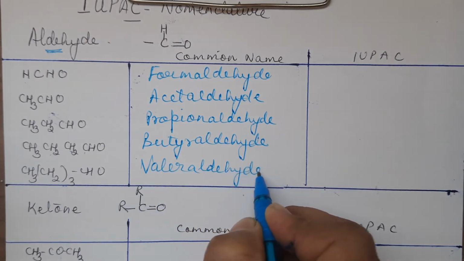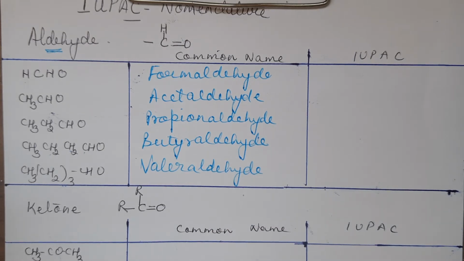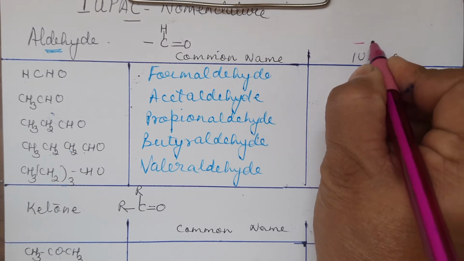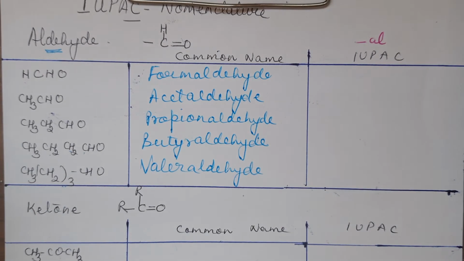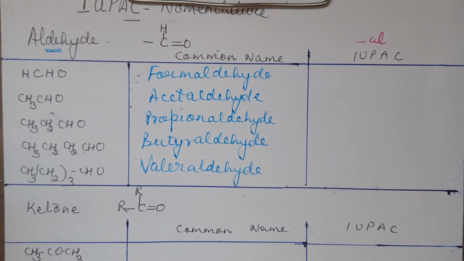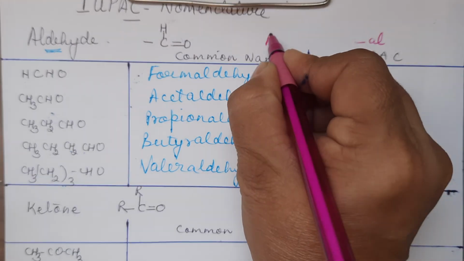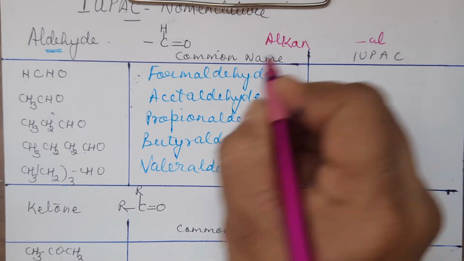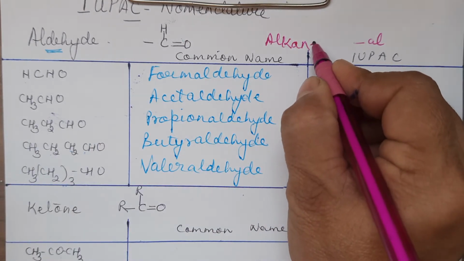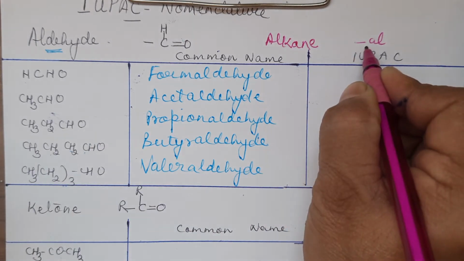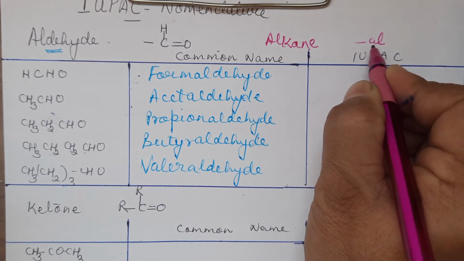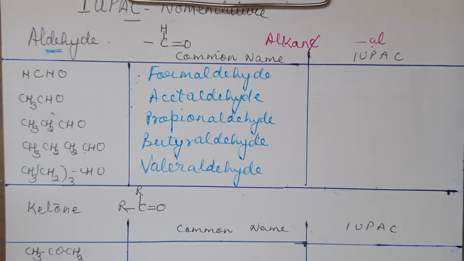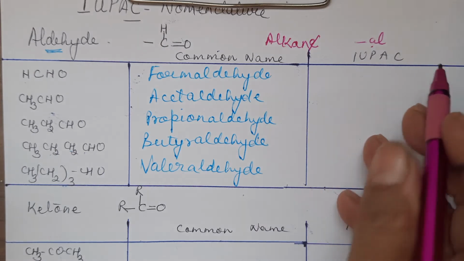Okay, now when we give the IUPAC names, they are named with the suffix al. Al suffix is there. That means we will have a word root alk. We'll have the primary suffix an if there are all single bonds. Alkane we write. And then this al is there, which begins with a vowel, so we will not write the e. We will just write alkanal.